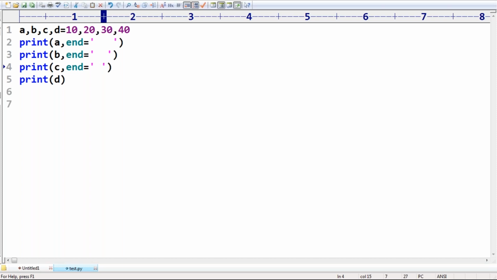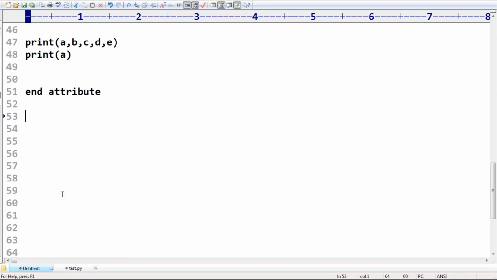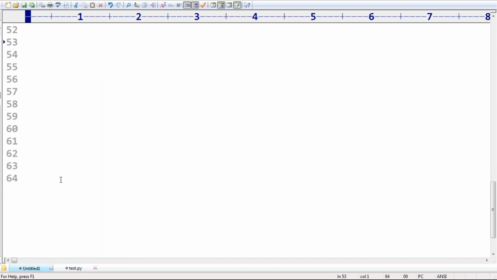What is the next thing we have to discuss? That's all, only these 2 are the attributes we have. What is the next form? The next form is print of object. Up to this I covered print with separators and string arguments. Now, print of object: we can pass any object, like a list, a tuple, a set, any type of object, to the print statement, no problem at all. Happily it is going to print the content. Best example: